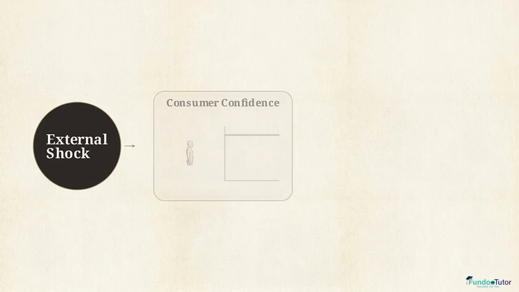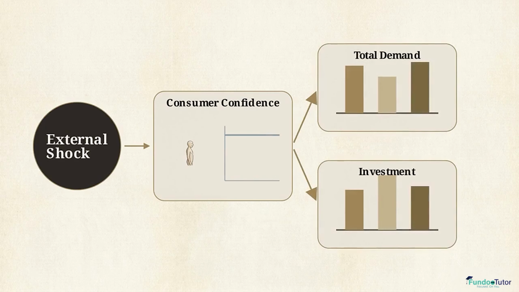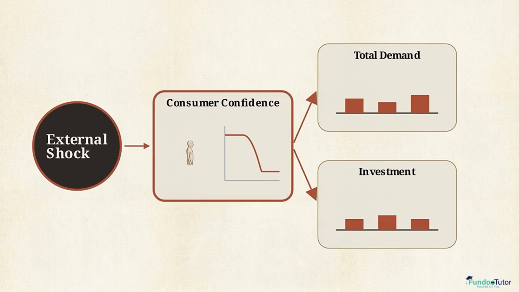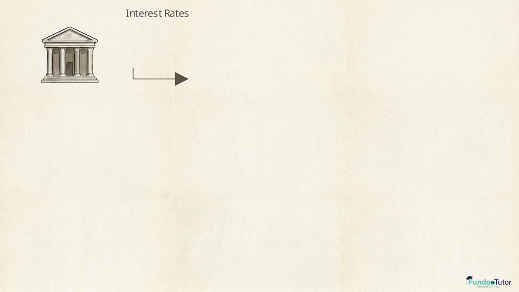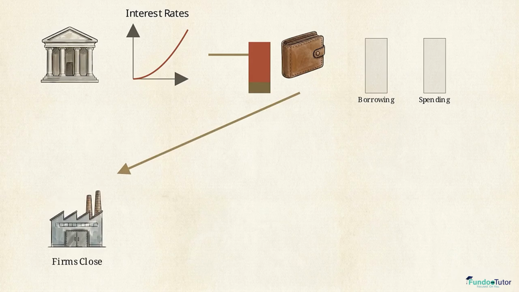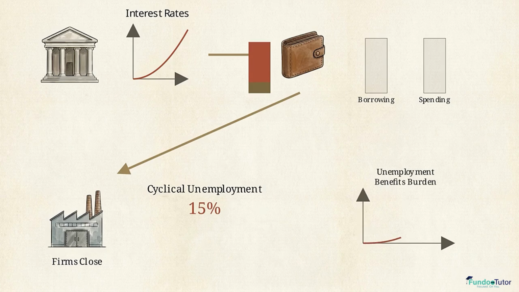Let's look at what causes that data to drop. Recessions are typically triggered when total demand or business investment falls off completely, often due to an external shock or a sudden drop in consumer confidence. For example, central banks might set high interest rates. This makes borrowing highly expensive, which immediately suffocates consumer spending and forces businesses to scale back their output. With lower output, firms start shutting down. This creates a sharp spike in cyclical unemployment, throwing thousands out of work and instantly increasing the government's burden to